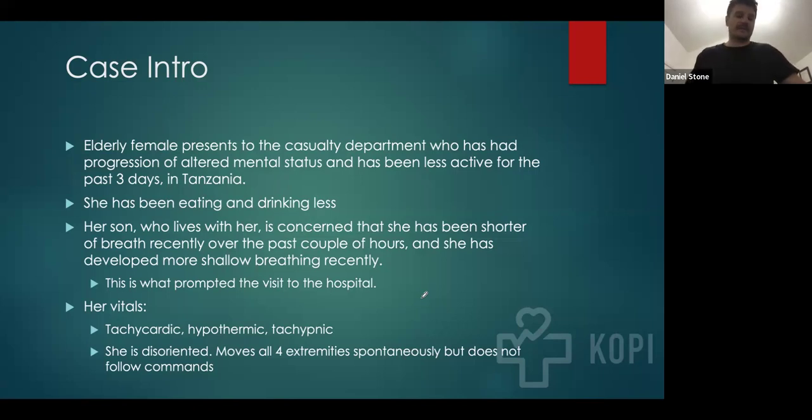She's tachycardic, hypothermic, and tachypneic. This is an actual case that I'm sure you guys see regularly. She doesn't have any focal deficits, but she is disoriented. So hopefully you can picture in your mind a mental image about what you'd be concerned about, what you might do next,